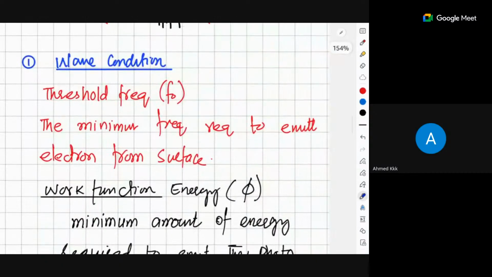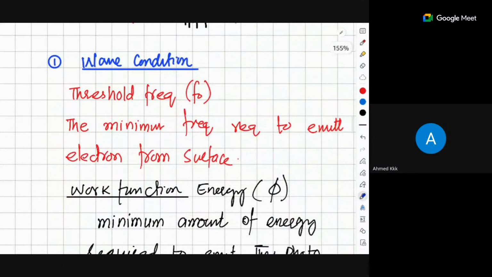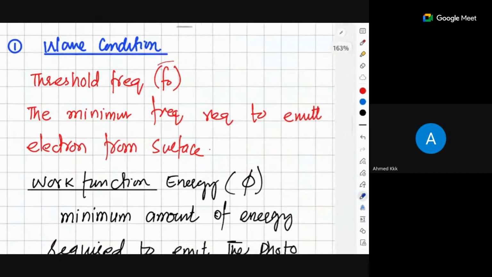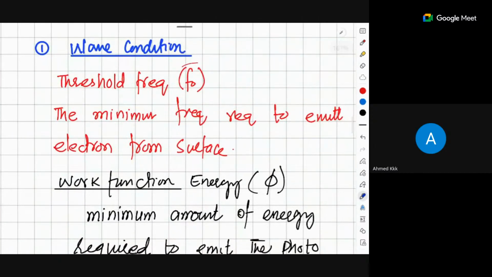Now the simple conditions are there, that how does it work. Basically these are the working conditions, right? The working conditions are, there must be a frequency of the photons, which is called threshold frequency. What do we call it? Threshold frequency. Threshold frequency is the frequency at which the emission just starts up. You got this point? What is threshold frequency? The minimum frequency at which the emission just started.